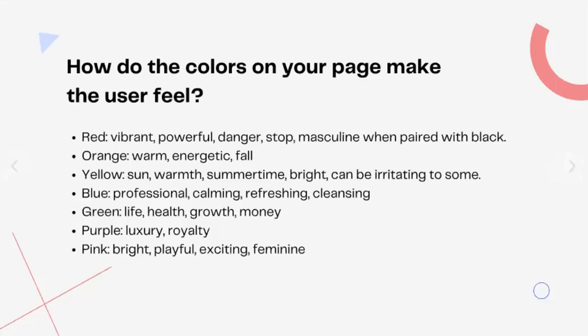Blue is by far the most popular color, and it's because it conveys a lot of professionalism, just very calming, refreshing, cleansing. It's just really easy to look at. So that's one thing. I mean, blue is the most popular color across the world for most people. So if you're trying to promote or convey a sense of calm, or a refreshing feeling, or especially healthcare, a lot of times we'll use blue. It's very popular. That can be really great.